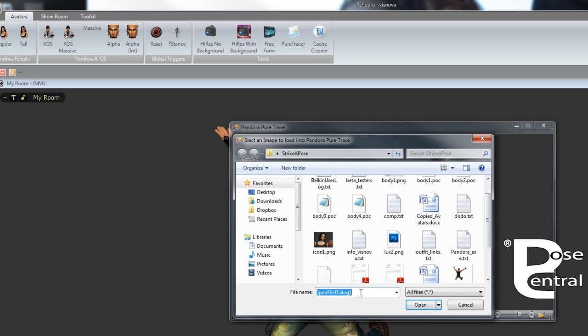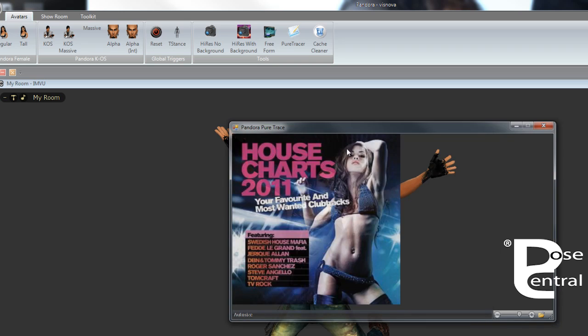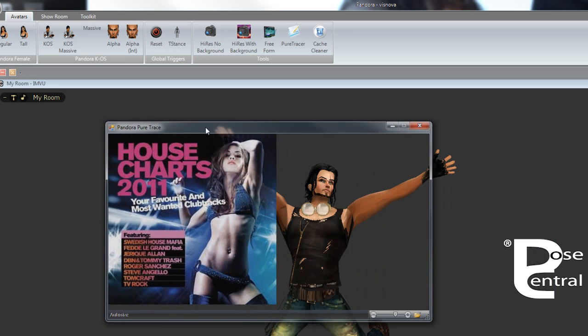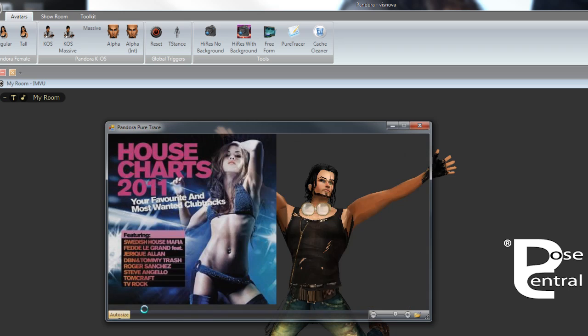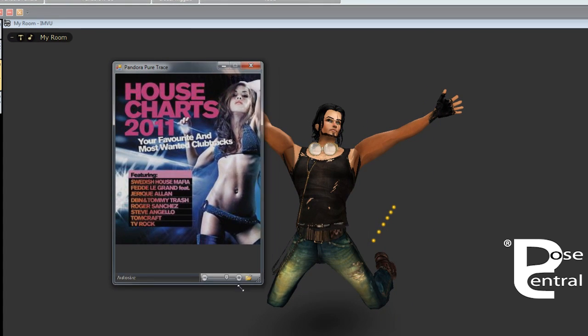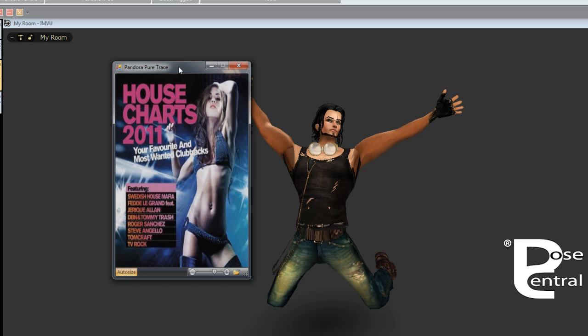You can also, in here, actually load a direct URL to a pic on the internet, and it will open it up as well in Pure Tracer. So for example, if we get this one here, which I've shown in the tutorial there, if we push auto resize, it will size to the window, as you can see here. So for example, if we drag this like this and then push auto resize, it will go to the size